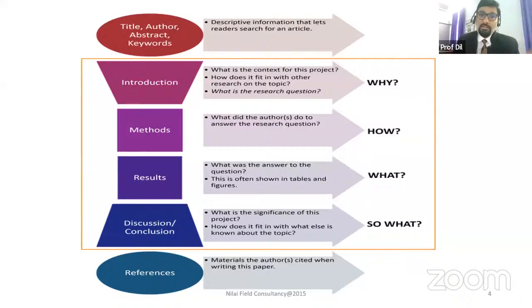Nowadays, when you are sending articles to a journal, people will ask, what is your ORCID number? What is your Scopus ID? Then it will be easier to distinguish you. So always try to get that number. And you need to have an abstract, keywords, a proper introduction, methods you have used, results you have arrived at, discussions and conclusions you have integrated, and finally the references.